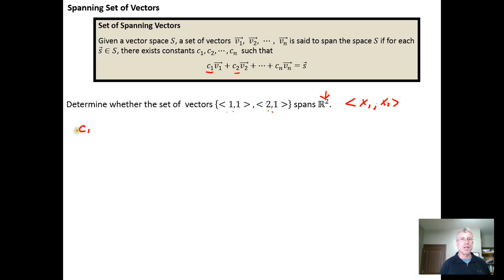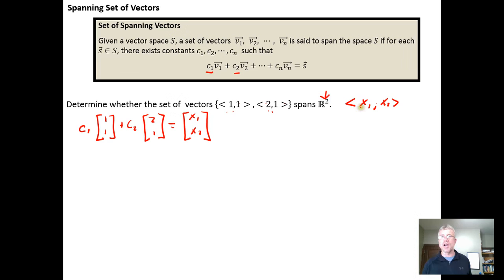We need to see if there exist scalars c sub 1 and c sub 2 such that c sub 1 times (1, 1) plus c sub 2 times (2, 1) is going to be equal to the arbitrary vector (x sub 1, x sub 2). In other words, given any arbitrary vector in R2, can we express that vector as a linear combination of the vectors (1, 1) and (2, 1)? And I wrote it in column form